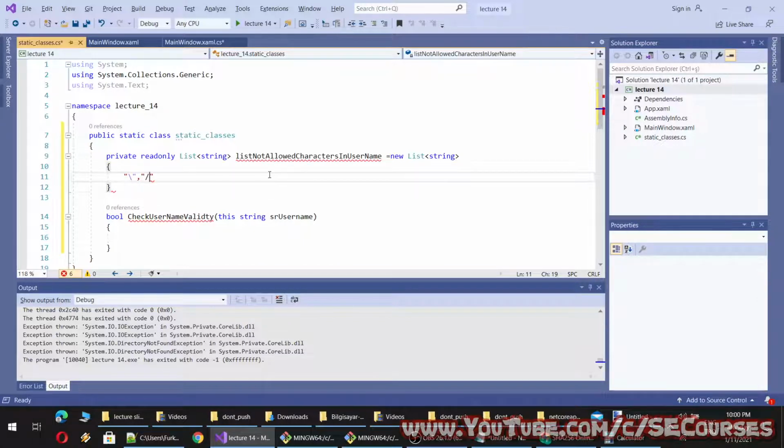On this small scale, it wouldn't make a difference. You see, this is a special string character, therefore we have to use an escape character like this.